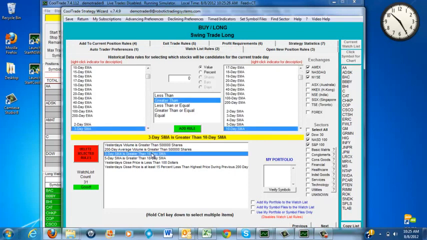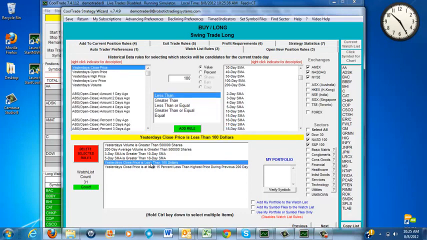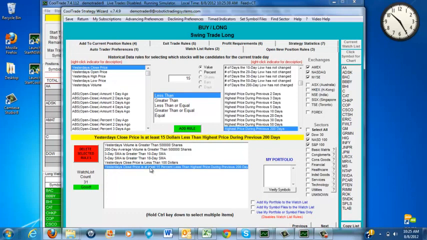The important ones here are the 3-day simple moving average is greater than the 10-day, and the 5-day simple moving average is greater than the 18-day simple moving average. Yesterday's close price is less than 100, and yesterday's close price is at least 15% less than the highest price during the previous 200 days. And we are looking at the Dow 30, NASDAQ 100, and the S&P 100, and we have 31 symbols that